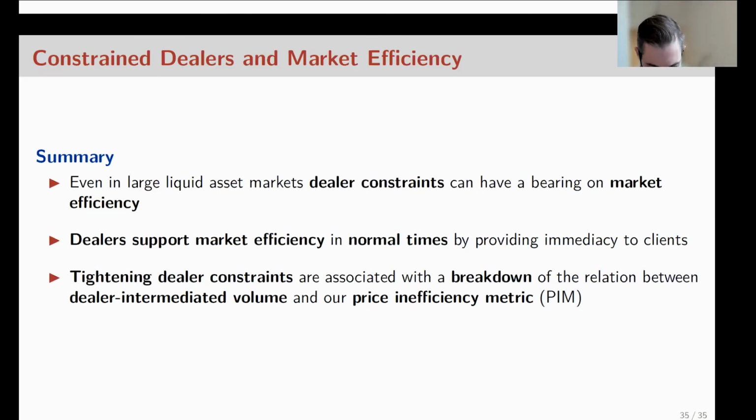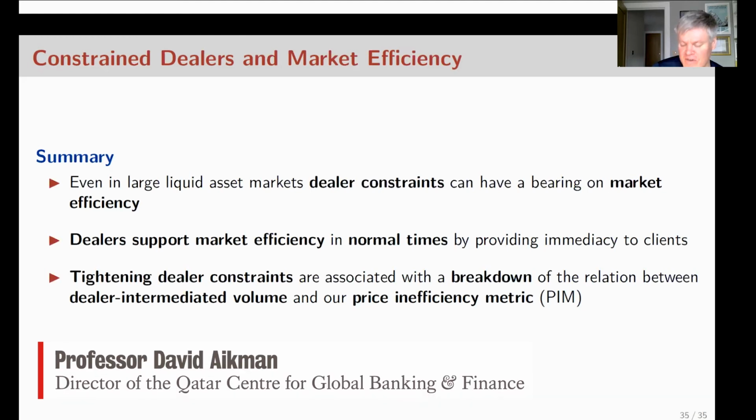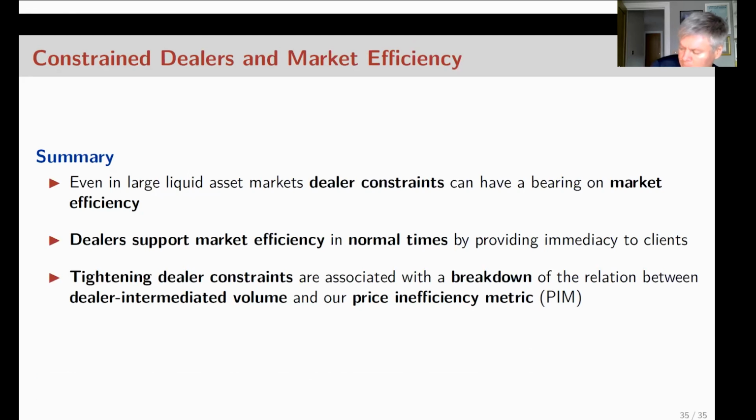I think, David, you've activated your camera. You're ready to ask? Yeah, Andreas, lovely paper and very nice presentation. So my question was going to be about the policy side of this, where in particular there was a relaxation of the leverage ratio constraints, as you know, with the removal of reserves, I guess in 2020. This happened in the UK as well in 2016, 2017. And I was wondering if you can see the impact of these types of events in ameliorating the inefficiency you describe.